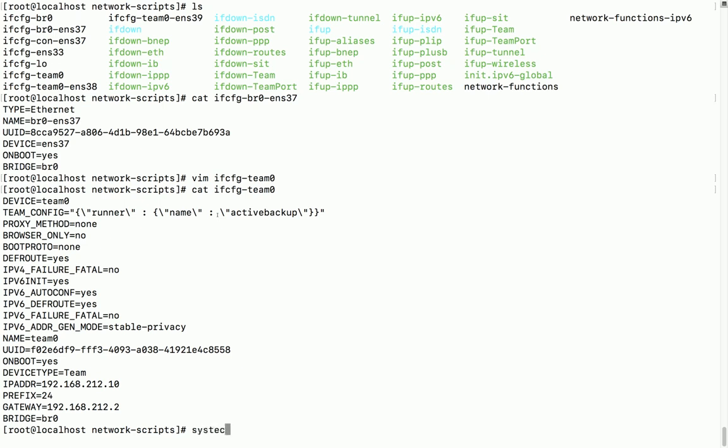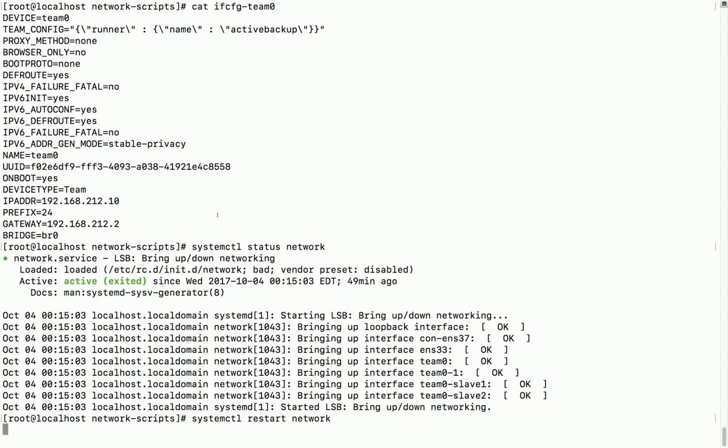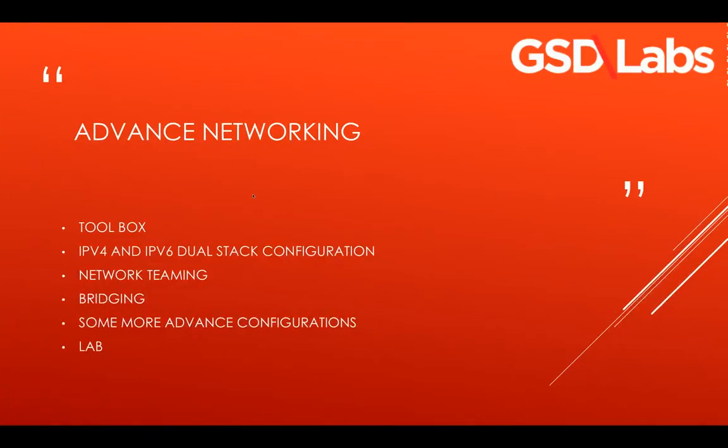So systemctl restart, right? All right, so it's taking a little bit because we have a lot of configuration. So let's just let it run for a little while, and let's go back here and quickly, before we go back,